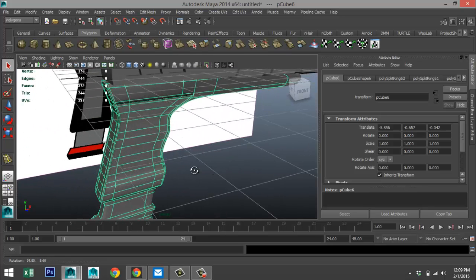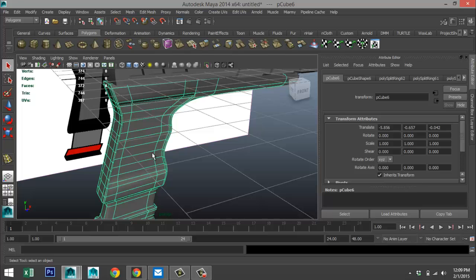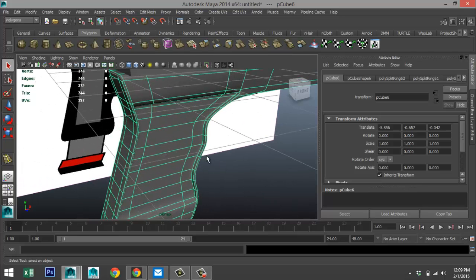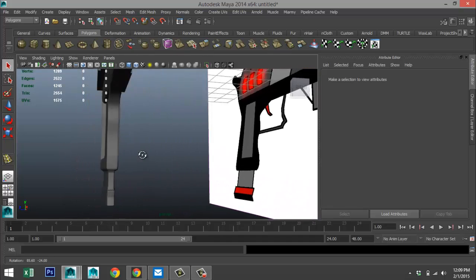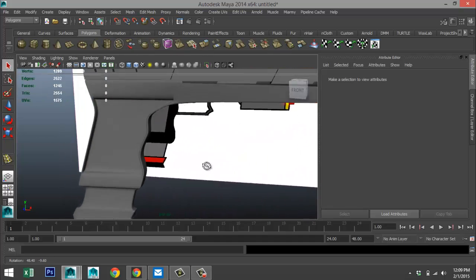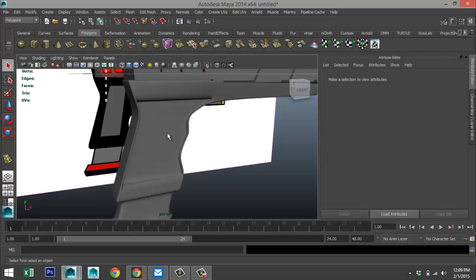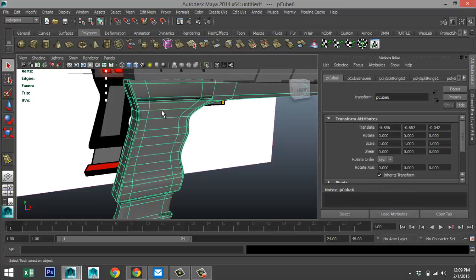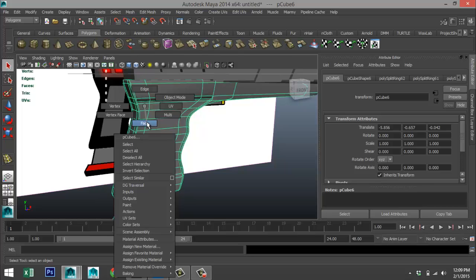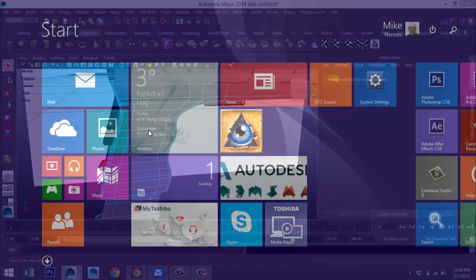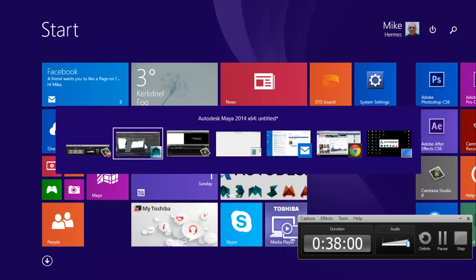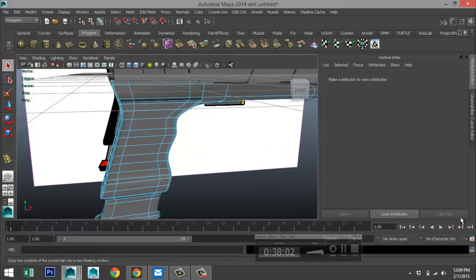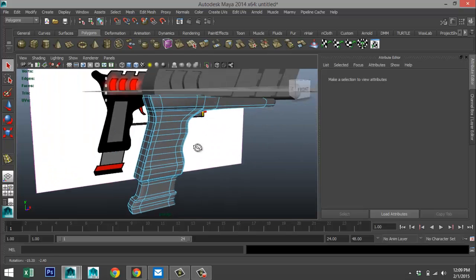Not quite sure about that shape in here though. So what we'll do there is, let me think. Okay. We're going to go to face. Sorry about that. Let's see.